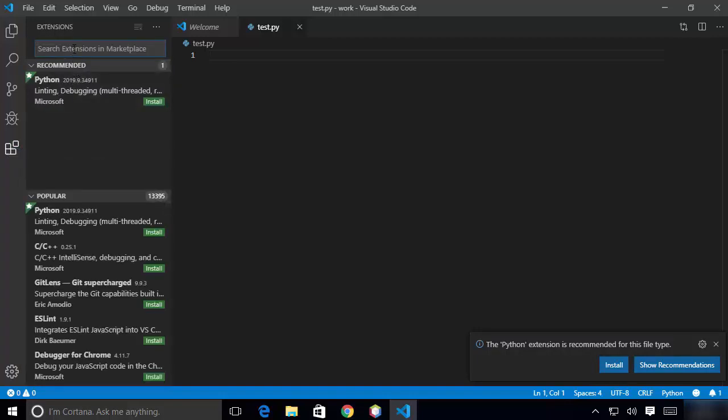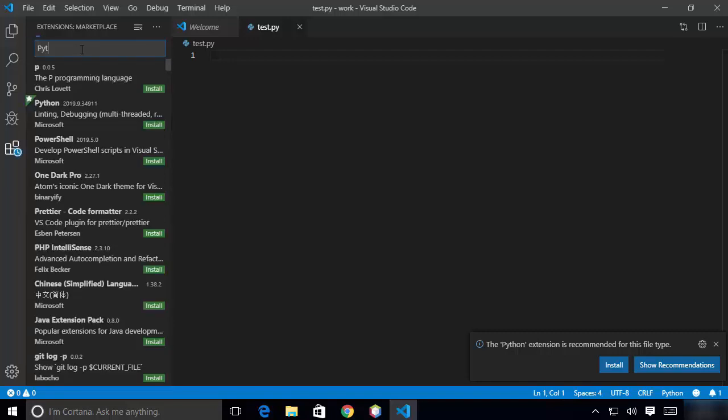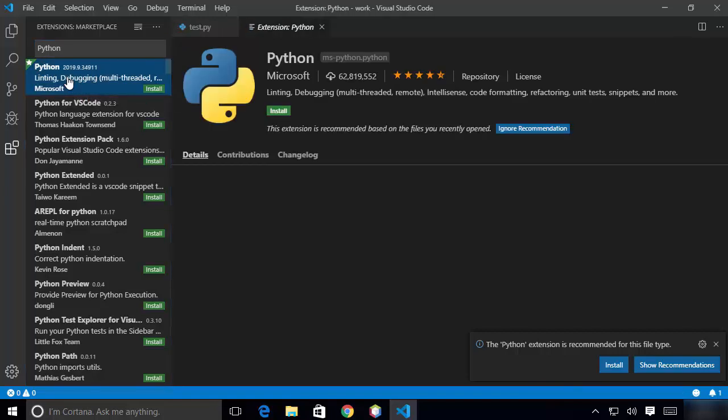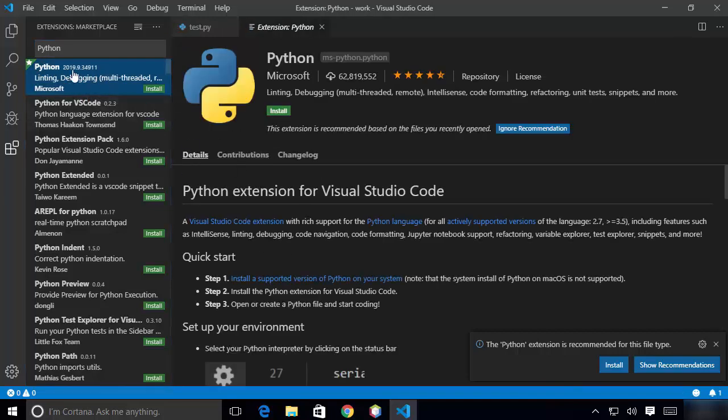Here also you can search for Python inside this search box, or you will see in the recommendation this Python plugin also. So for example, I just type here Python, and the first result will be the Python extension. You can also read more about this extension by clicking on it, right? This is the same extension which is recommended by Visual Studio Code to us in this pop-up, right?